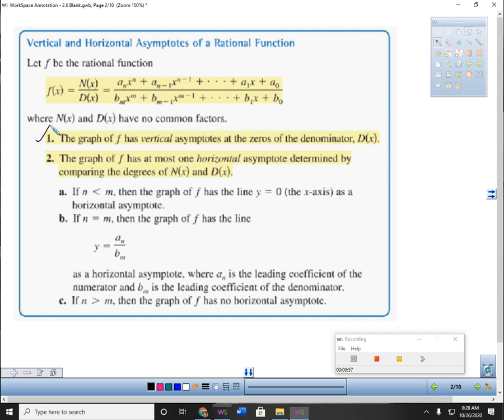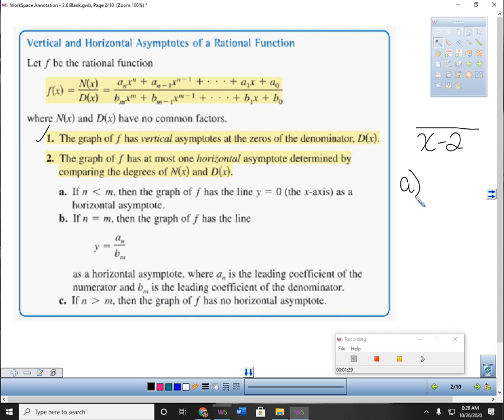the graph of f has vertical asymptotes at the zeros of the denominator. So if I take the denominator, let's say the denominator is x minus 2, I would set that equal to 0, and I know that I have a vertical asymptote at 2. All right, the graph of f has at most one horizontal asymptote determined by comparing the degrees of the top and the bottom. So if the degree of the top